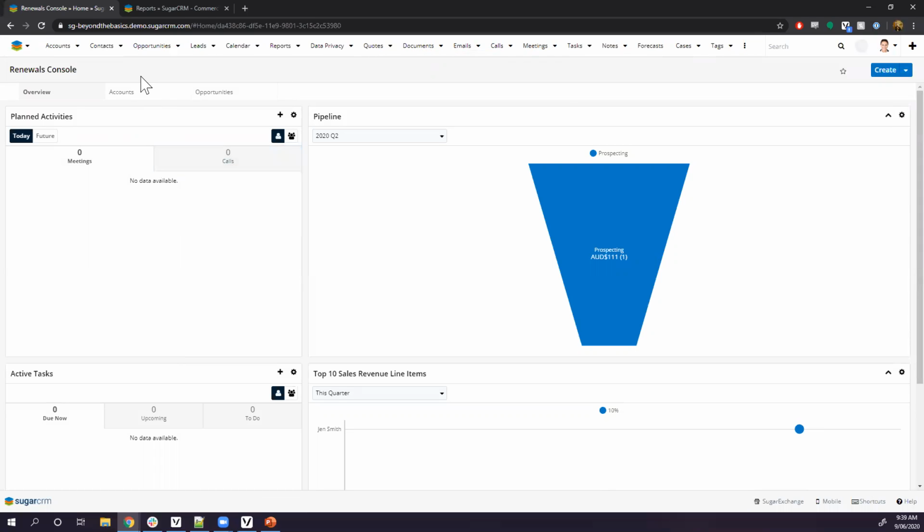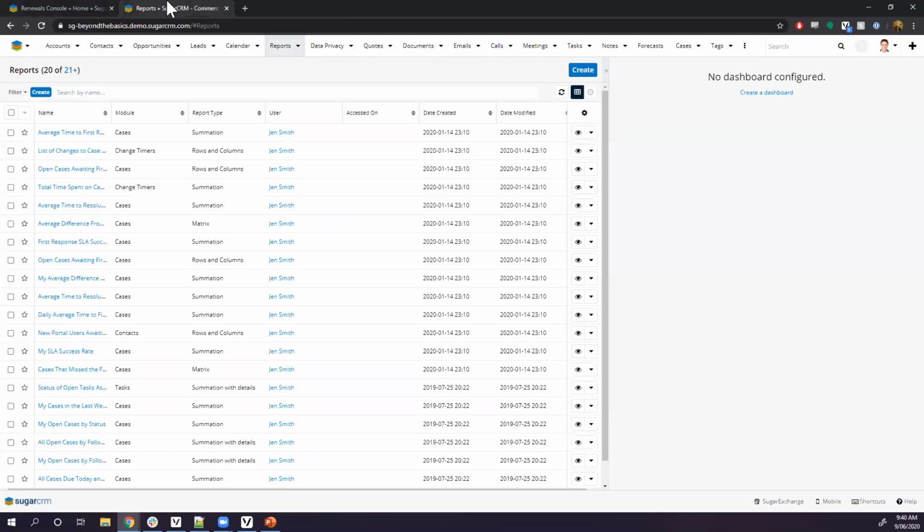So just to pair with that, the one other topic that I just want to talk about is that because the dashboards can now share filters, one of the important things about the filters is the fact that you can use a current user setting on things like reports to show data specific to those users. So if we take a look here in the reports section, for example, I'll just demonstrate this very quickly,